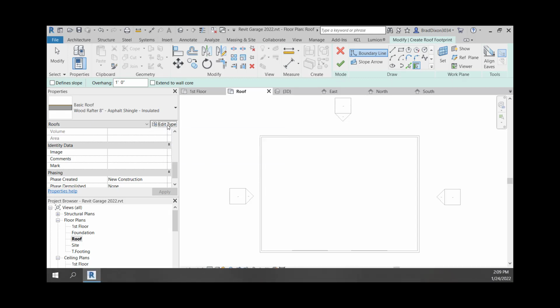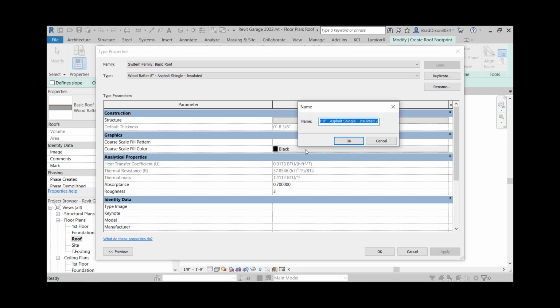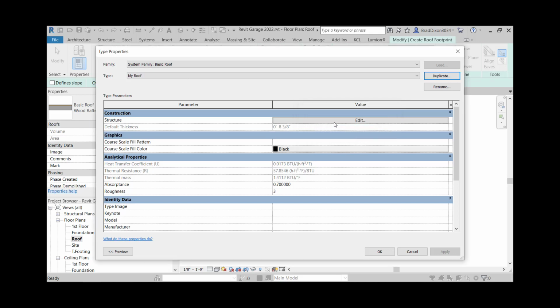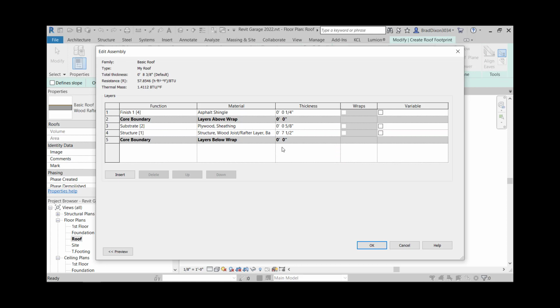So I'm going to edit type, I'm going to duplicate, and I'm just going to call this my roof, and I'm going to go into the structure, and instead of the structure being 7.5 inches, which is a 2x8, I'm going to make this 3.5 inches, which is a 2x4, and then I keep my plywood sheathing and I keep my asphalt shingles. There would also be felt paper or some sort of synthetic felt in between here, and I say OK,